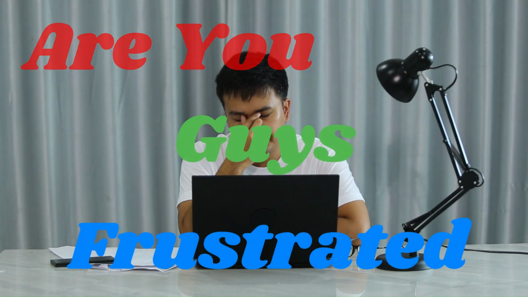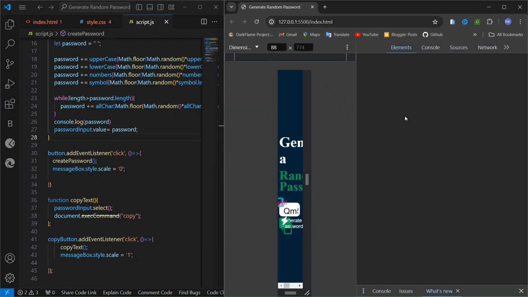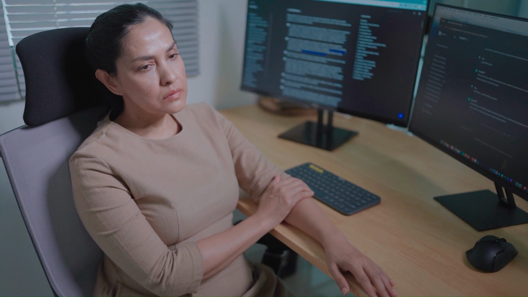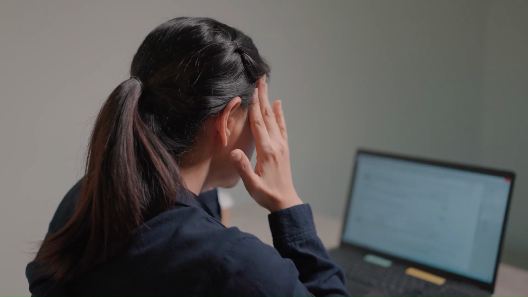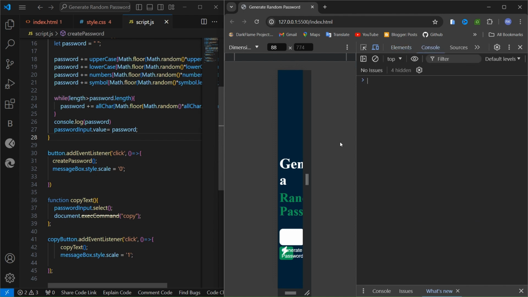Are you frustrated with using console.log, moving the cursor and opening the console many times while debugging your JavaScript code? It can be really tedious and time consuming to constantly switch back and forth between your code editor and the browser console. It is more disturbing when the website is still unresponsive, which makes the position of elements change